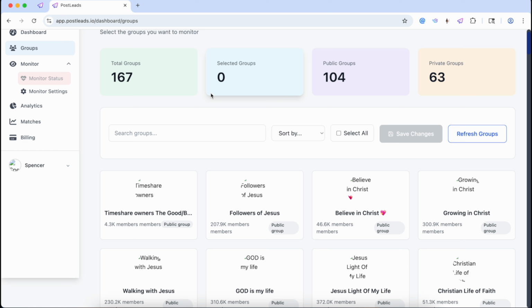All right, so the first thing we're going to show you how to do is choose your groups. This video is on how to select your groups for the automatic commenting on people's posts within the group. One thing right off the bat, it loads up your groups. As you see here, I have 167, 104 public, 63 private. If you are a member of multiple groups,